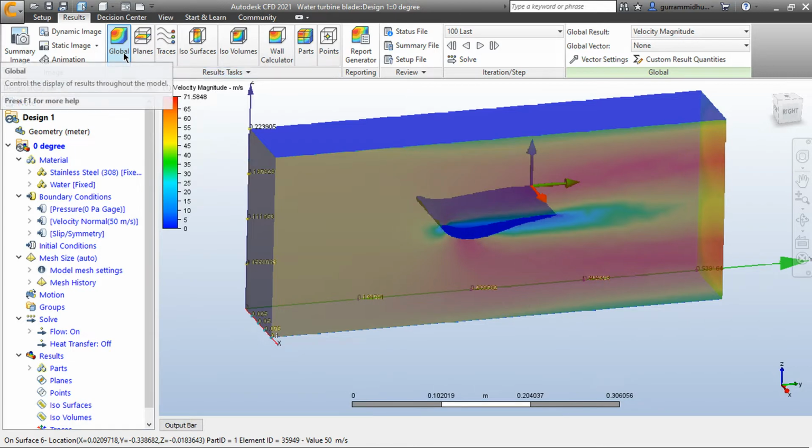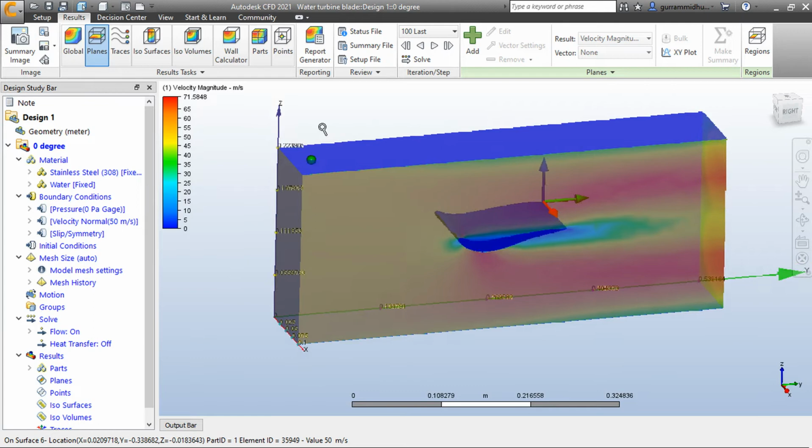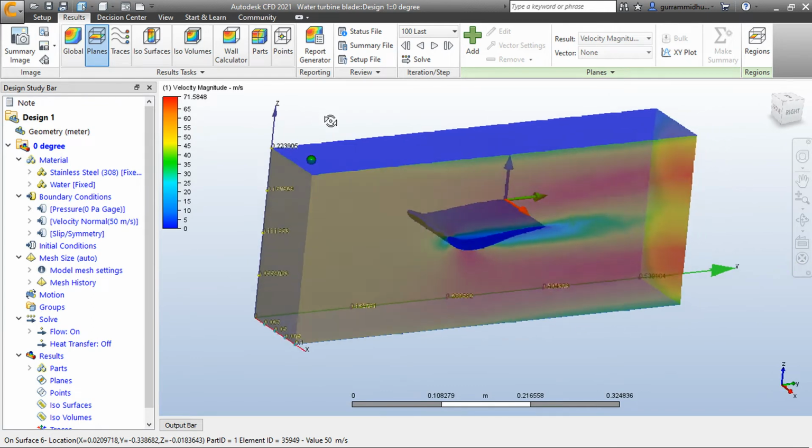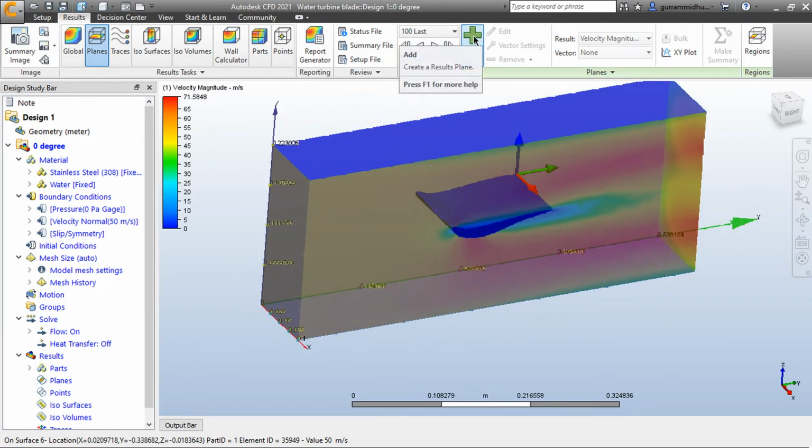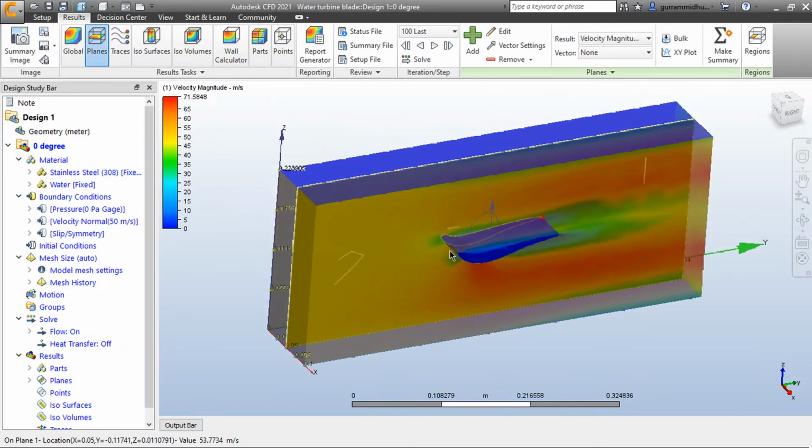Currently we are in global results. If we switch to planes, we can add planes by clicking on this plus icon. The plane was added, but you are unable to see that because the model is transparent and the blade is in shaded. I'm gonna switch to outline.